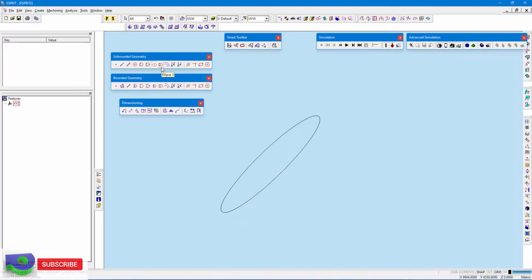In the ellipse 3 point way, you need to have some data of what the distance is, so you can go with it. The same way, the first point will be your center point, and the second point will be your major point, and the minor point the third point, and that's it. And in the same way for the bounded geometry ellipse, the first point, and I will just give my inputs, and I need 45 degrees, and major radius as 100, and minor radius I need 30. So just click it.